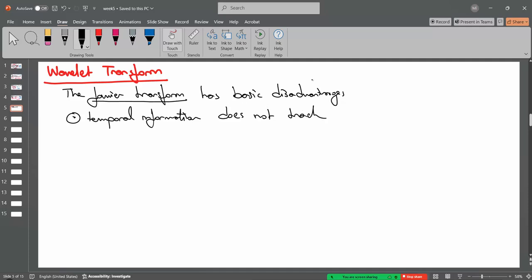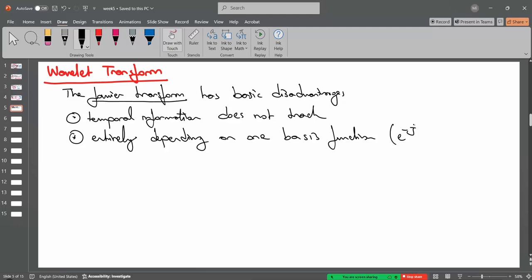We cannot search the temporal information, and it is entirely dependent on one basis function, which is equal to e to the minus j 2 pi f t. This is the convolution, and this is the Euler identity formula for creating the frequency pattern of these terms. For example, if we apply the Fourier transform to the x(t) signal here,